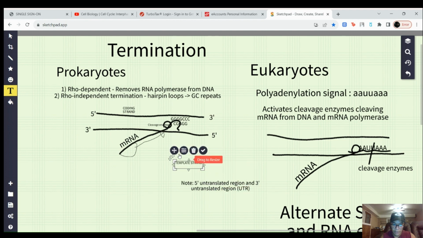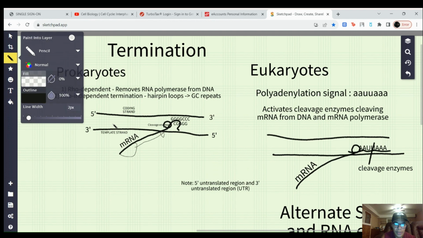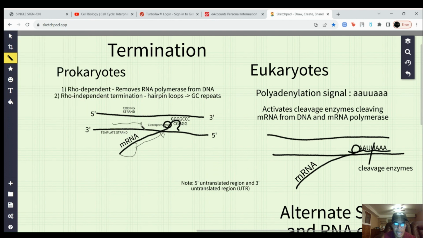Boom. Okay. So it's going down. RNA polymerase is doing its thing. It's transcribing. It's making those thymines into adenines, making those adenines into uracil, making those cytosines into guanines, and those guanines into cytosines. And eventually, once it hits the